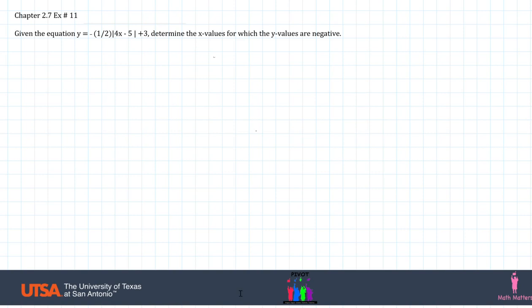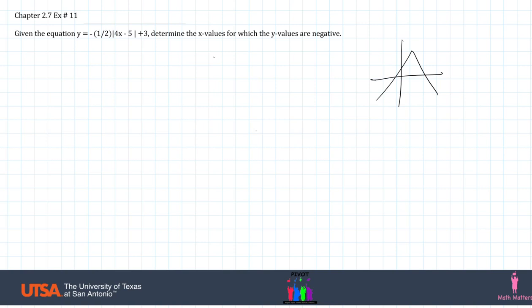So chapter 2.7, example number 11 gives us an equation, y equals negative 1/2 times the absolute value of 4x minus 5, plus 3, and it tells us to determine the x values for which the y values are negative. So this question is asking, let's say we have a graph where it's the negative absolute value,